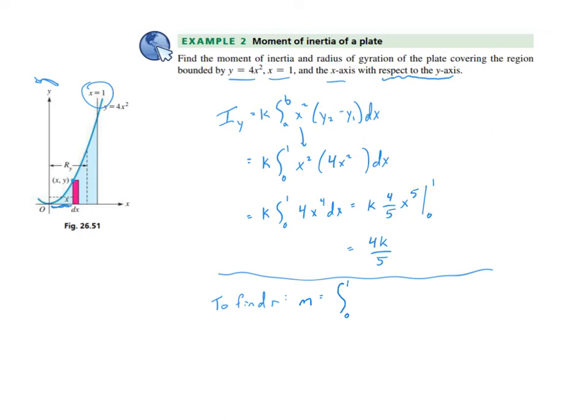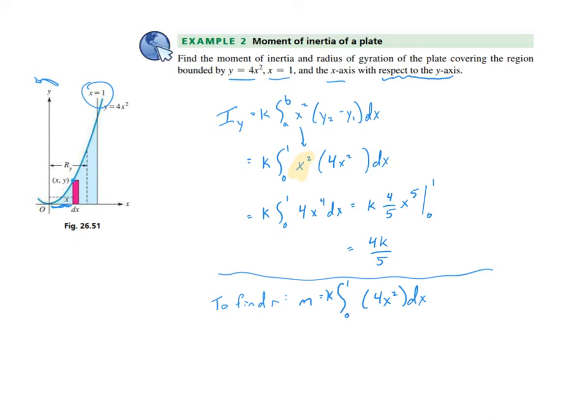Actually, I could keep that k out in front. Why don't I do that? K times the integral from 0 to 1 of just my function 4x squared dx. This is really just the formula above with that x squared, that distance, taken out. And this kind of harkens back to what we did in the previous section also. So there should be some similarity there. There was just an x in the formula in the previous section, and then when you went on to the second step, you removed the x, or in the denominator of that fraction. Okay, so these topics are very similar in how you go through them, just a slightly different formula